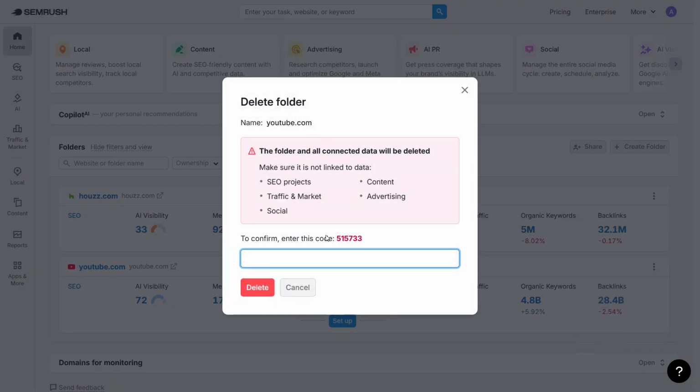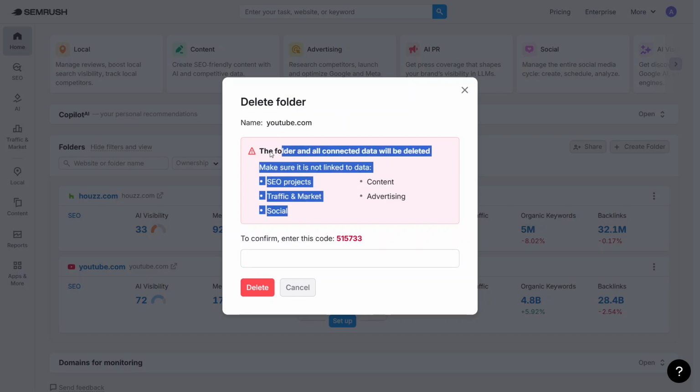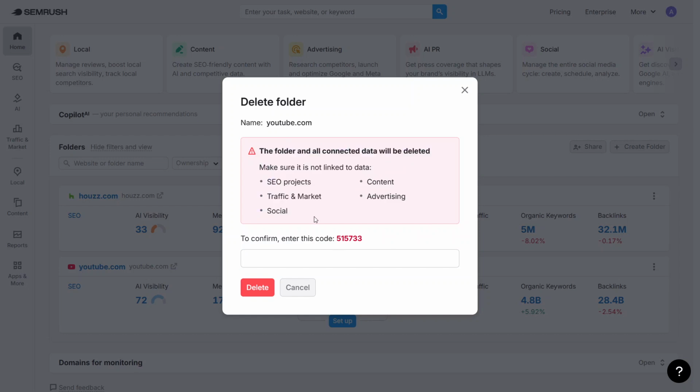Semrush will now show a confirmation pop-up. This is an important step because it explains exactly what will be deleted along with that project. Take a moment to carefully review this list so you understand which tools, settings, and data are going to be removed. Once you're sure this is the project you want to completely delete, look for the confirmation text that says